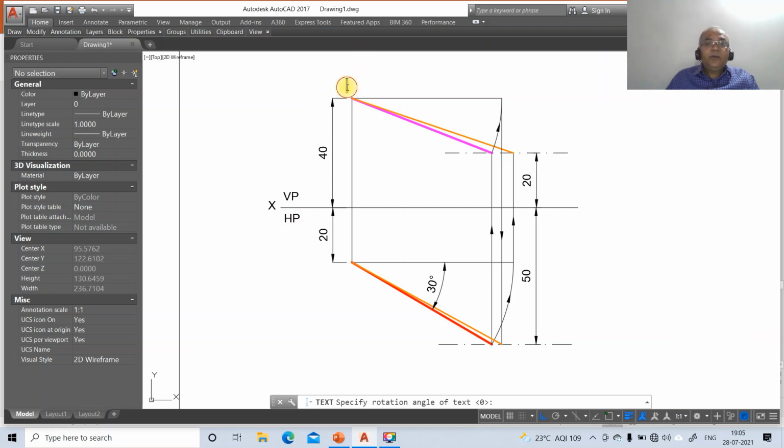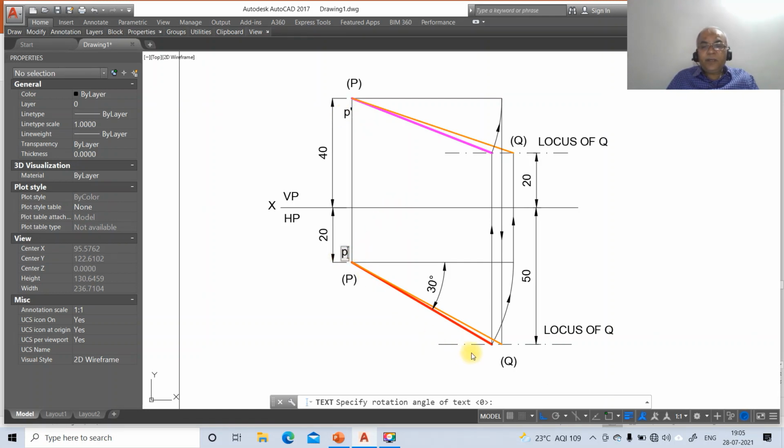Then here you mark this as capital P and this as capital Q, and here you write it as locus of Q, and here capital P, and then switch off the ortho mode, caps lock, type P dash.